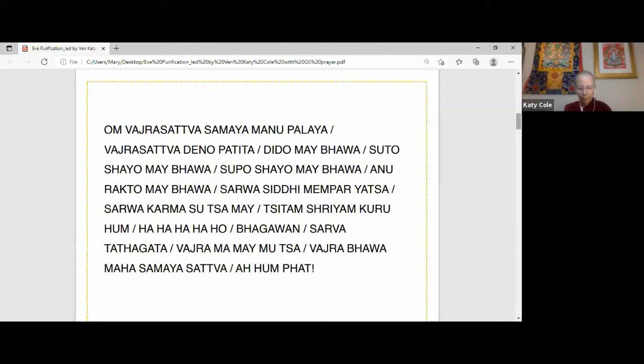Om Vajrasattva Samaya Manupalaya Vajrasattva Dina Patita Duda Mebowa Sutokaya Mebowa Supokayo Mebowa Anarakta Mebowa Sawasidi Mempi Yata Sawa Kama Sutta Me Sitam Shriyam Guruhum Ha Ha Ha Ha Ho Bhagawan Sawa Tata Gata Vajramame Mutsa Vajrabawa Mahasamaya Sattva Ahum